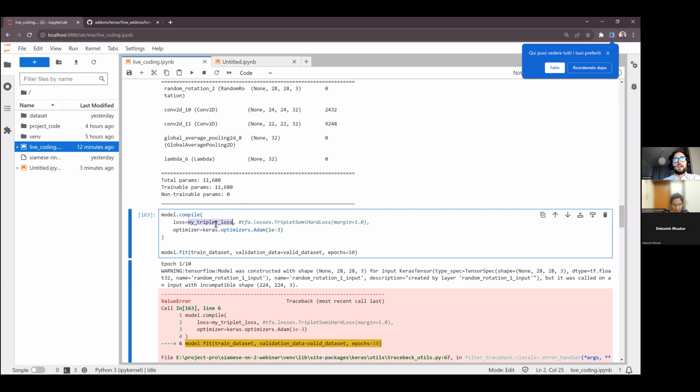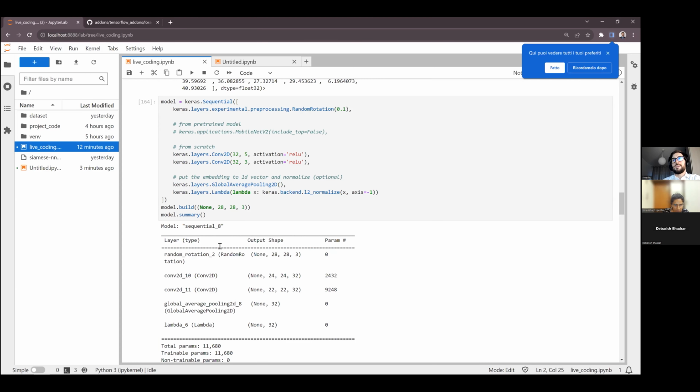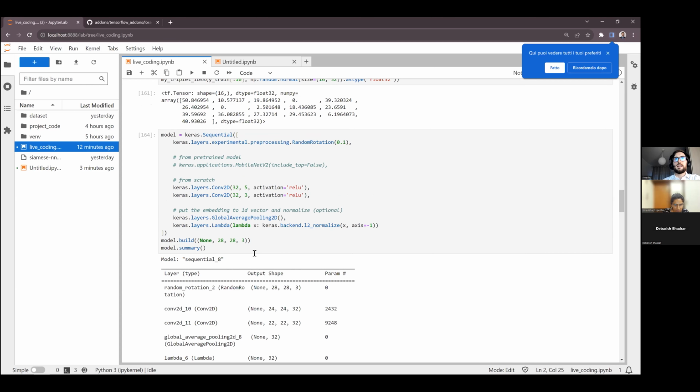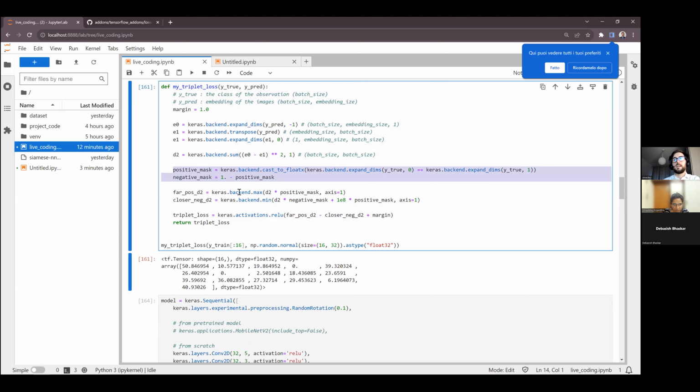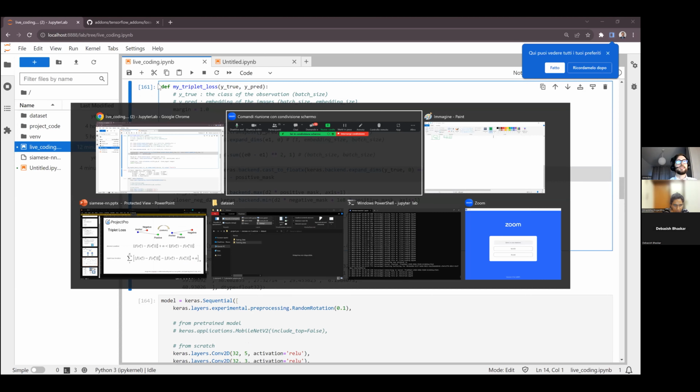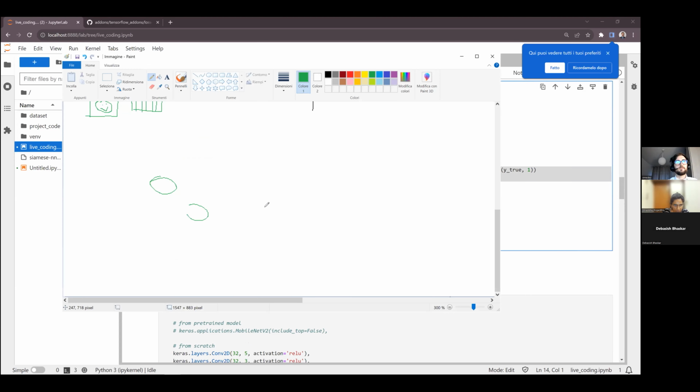But if we define our custom triplet loss, we could also decide that we don't want to compare all the items. We can define some custom rule for the similar and dissimilar ones. For example, let me take Paint once again, that is easier to explain. Let's say that we have many items, and we are sure that these two are dissimilar and these two are similar, but we don't want to say anything else about that. So we don't know yet.